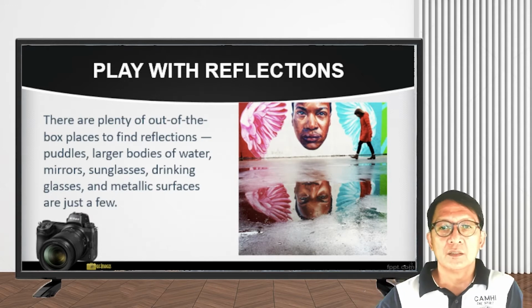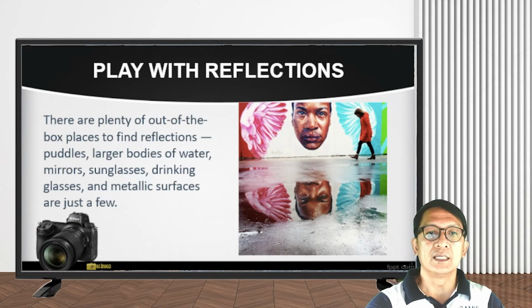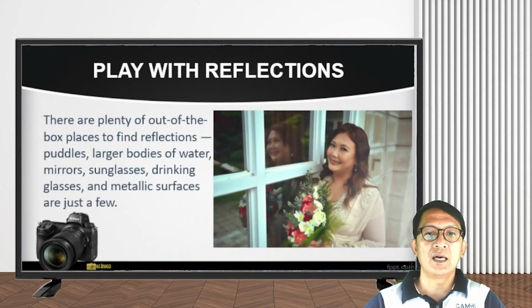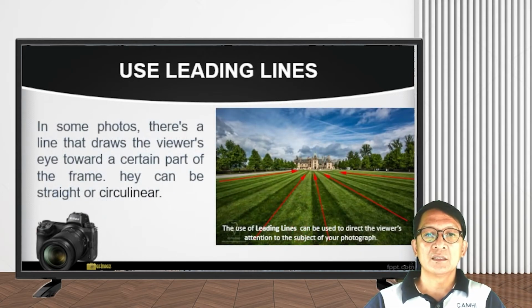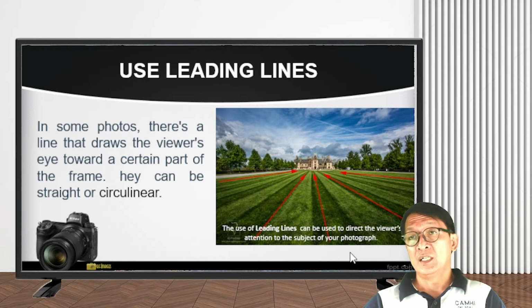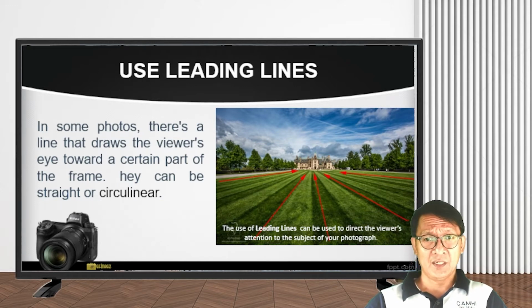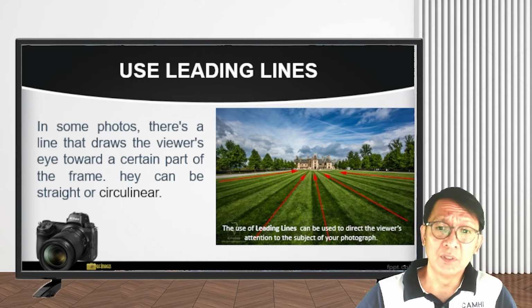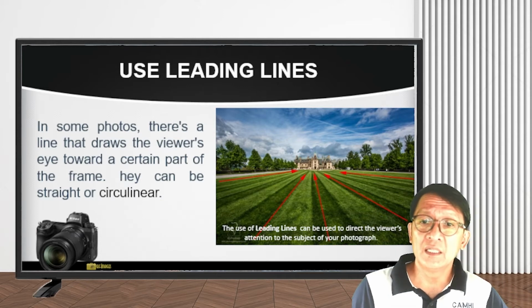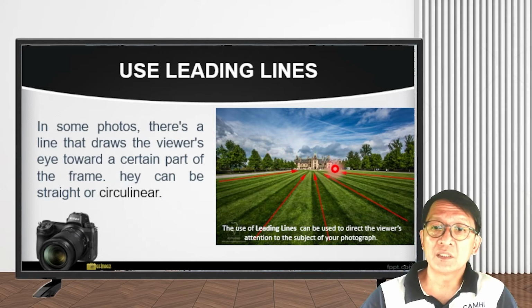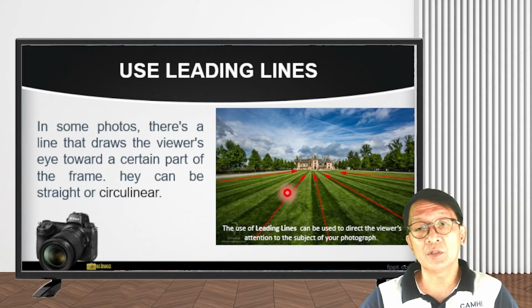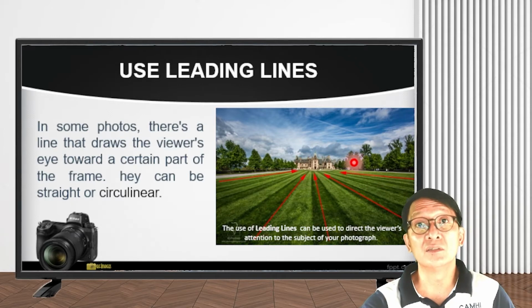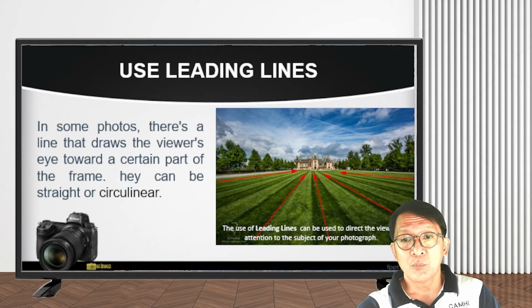And next is use leading lines. So, in some photos, there's a line that draws the viewer's eye toward a certain part of the frame. They can be straight or curvilinear. Okay. So, dito sa example, the use of leading lines can be used to direct the viewer's attention to the subject of your photograph. So, since dito yung subject mo is yung palasyo or yung magandang bahay, pwede mong gamitin